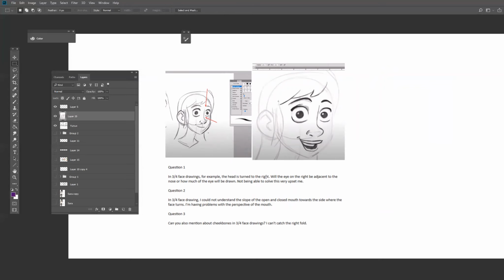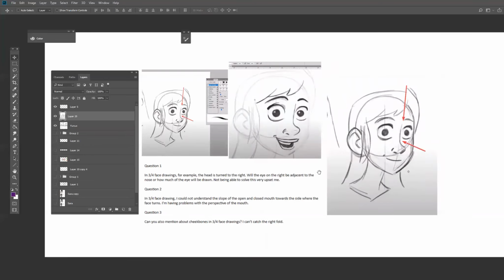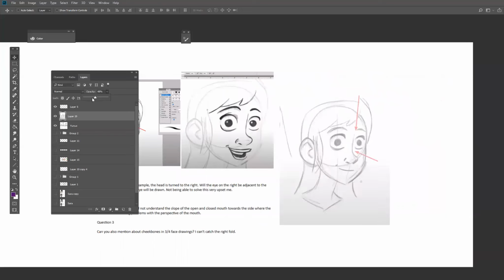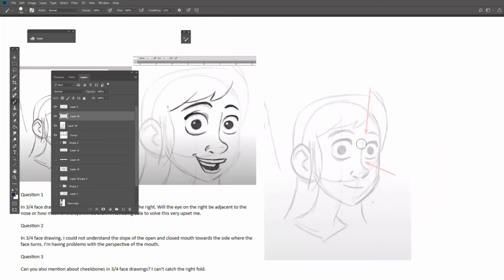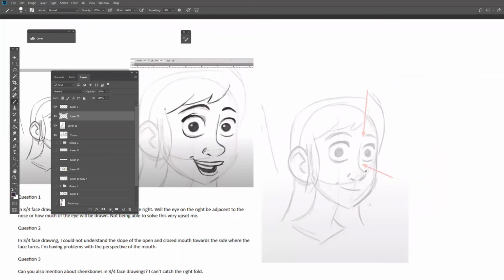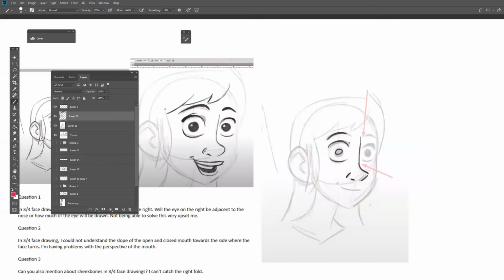And let's look at this one here. I don't know if I made this drawing myself, or if you redrew it, or if it's a sketch from somewhere. The main thing is that this eye feels okay, but this other eye not really. And what could help to get it right is to draw this eye mask